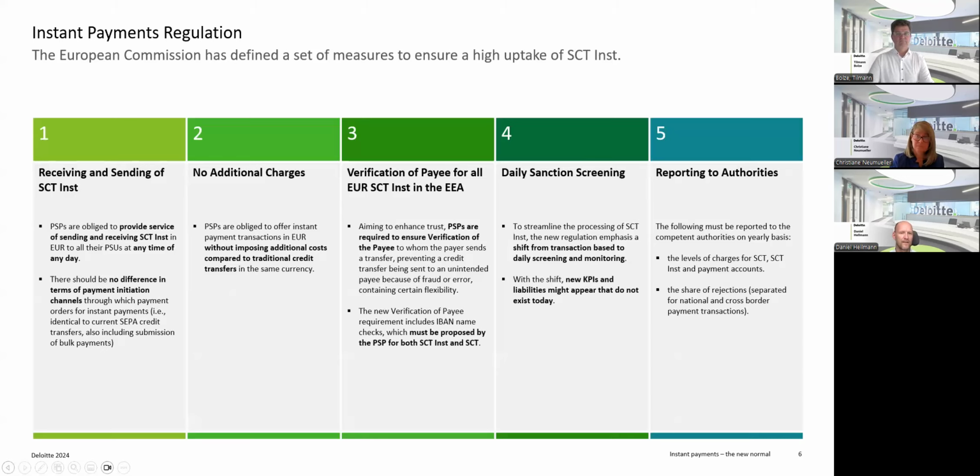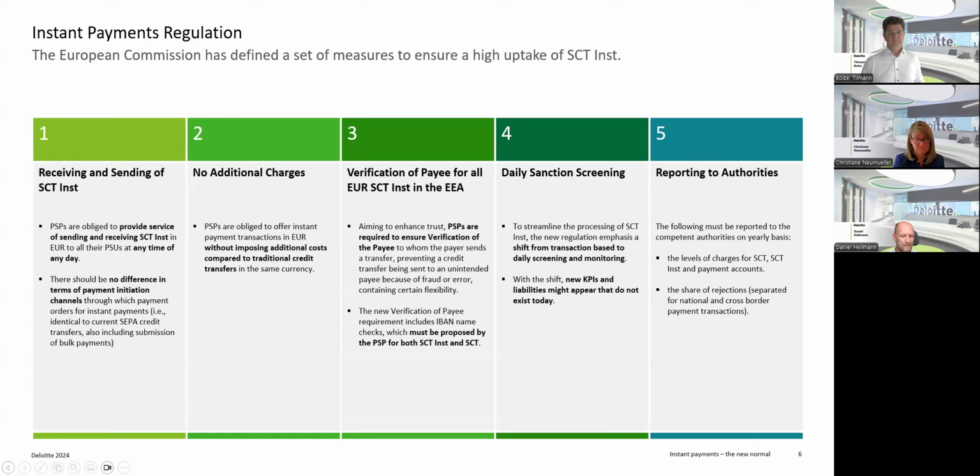execution time for the instant payments. So it has actually been said that this verification of payee function has to be executed within 3 seconds instead of 10 seconds for the execution of the SEPA instant credit transfer. And when we look at this, it's most probably a window or a GUI that interacts with the payment initiator, and there are 3 result options to the verification of payee function. One is payee name and IBAN or unique identifier match, payee name and IBAN or unique identifier almost match, and payee name and IBAN or unique identifier do not match.